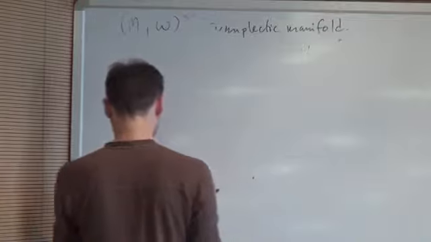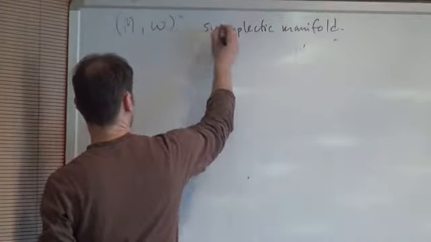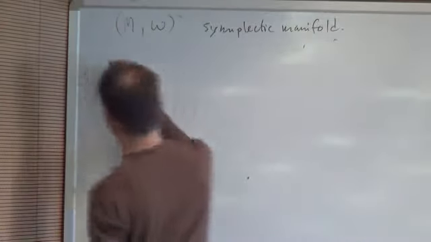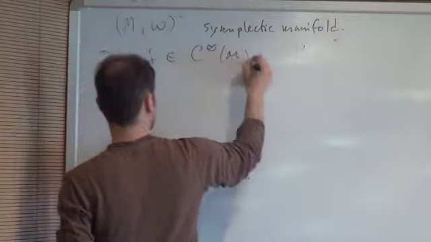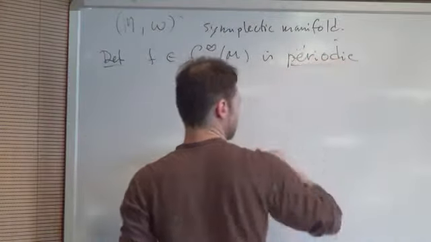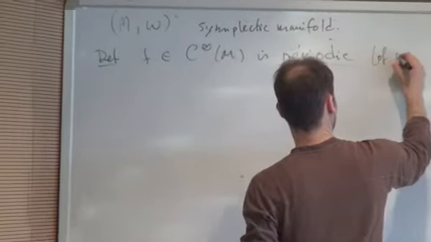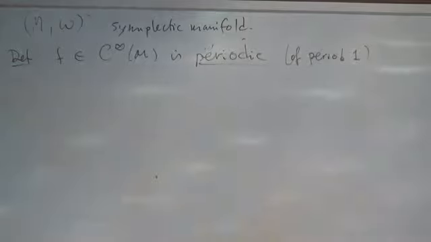All right. So I have a symplectic manifold. Let me define periodic functions. So, definition. You were probably expecting my function to be defined on the real line or to be repeated when I shift things by integers, but I'm going to define f to be periodic of period 1 if